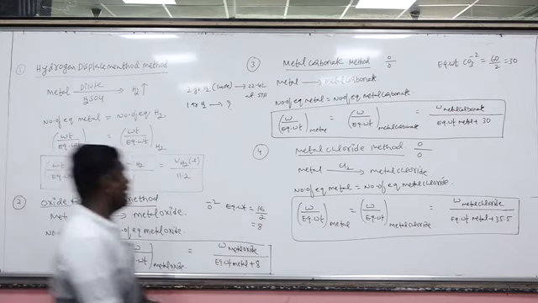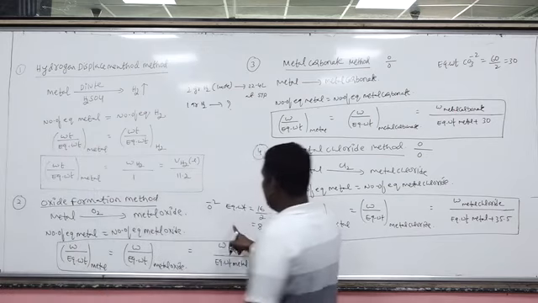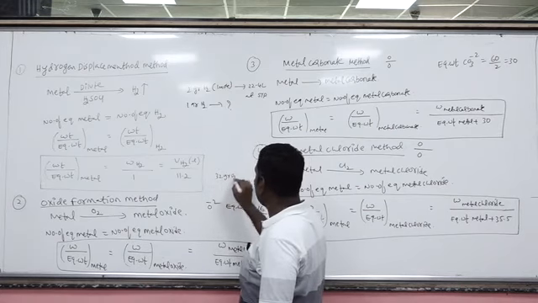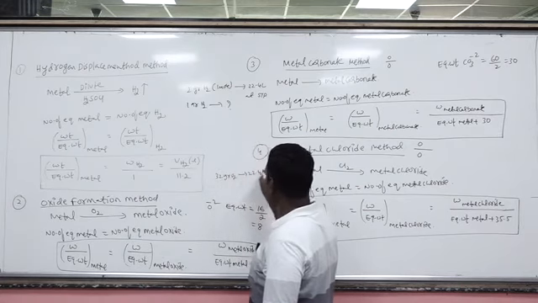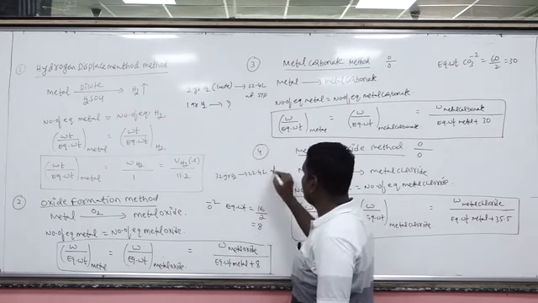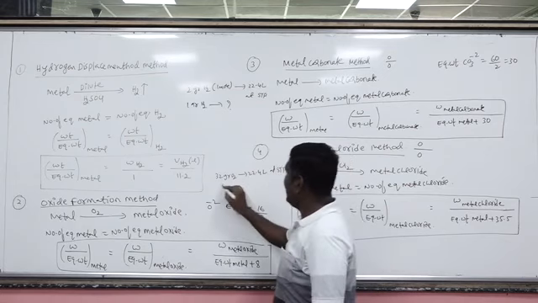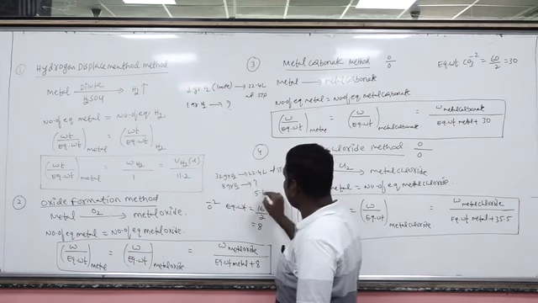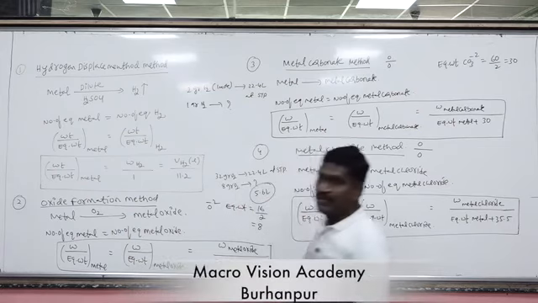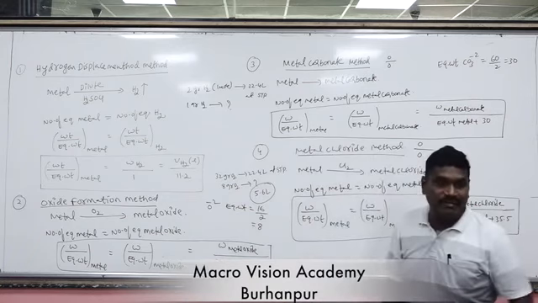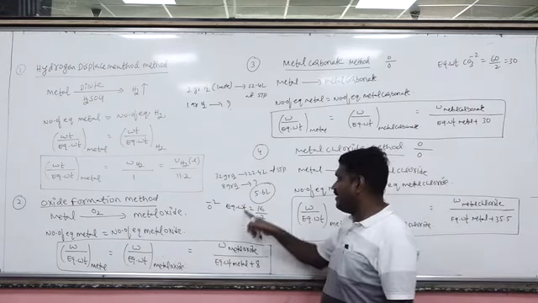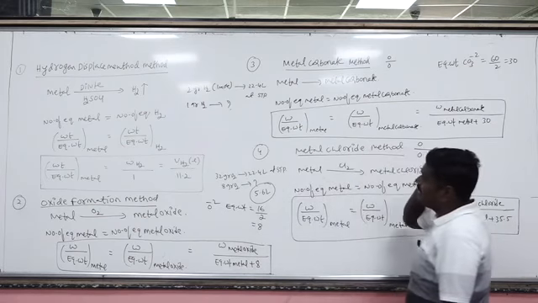Now suppose in terms of volume, 32 grams of oxygen corresponds to 22.4 liters at STP. Yes or no? Now what about 8 grams of oxygen? It corresponds to 5.6 liters. 5.6 liters of O2 is called the equivalent volume of O2. 8 grams of oxygen is the equivalent weight of oxygen. Okay.